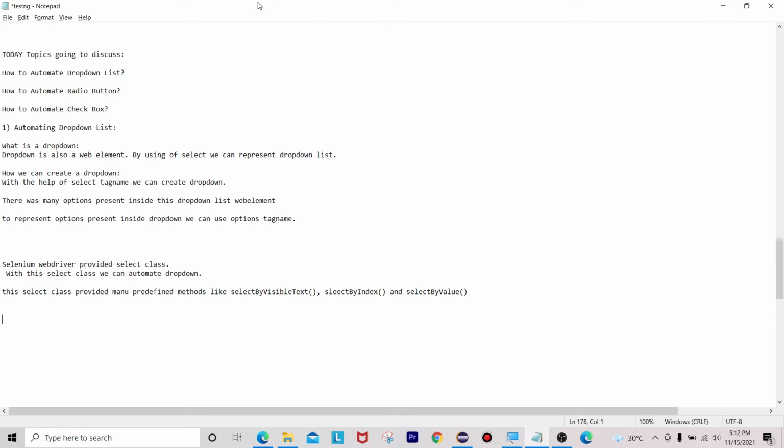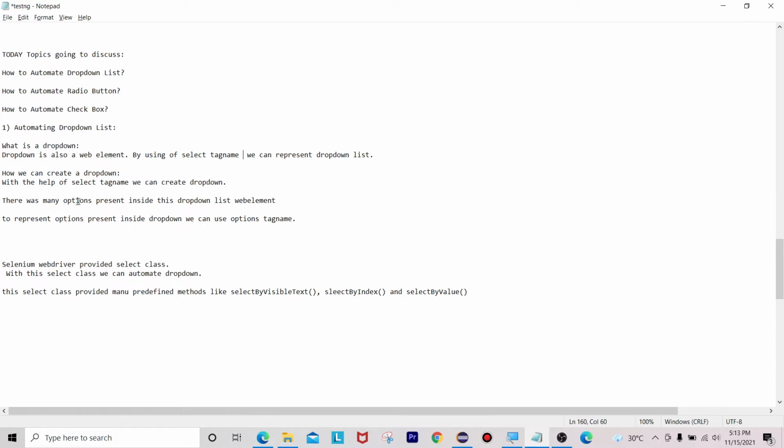So here, what is a drop down? Drop down is also a web element. By using the select tag name, we can represent a drop down list. How can we create a drop down? With the help of the select tag name. There are many options present inside this drop down list web element.